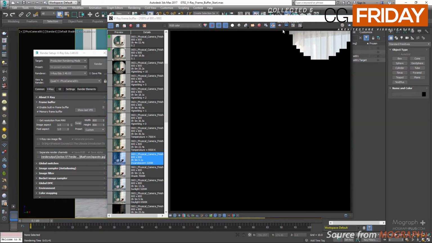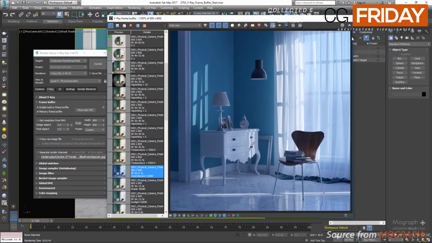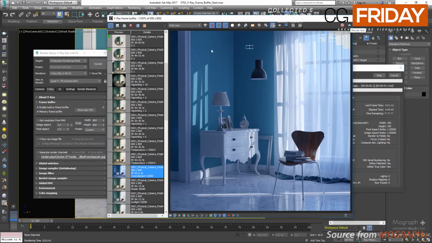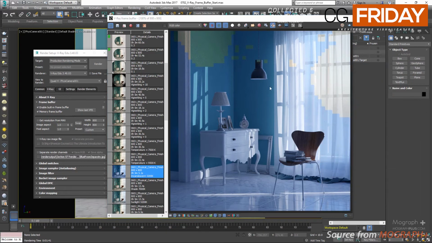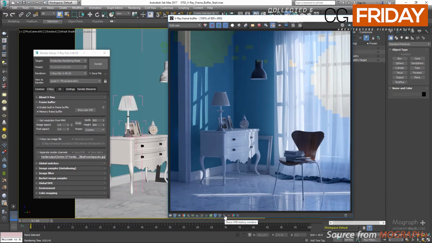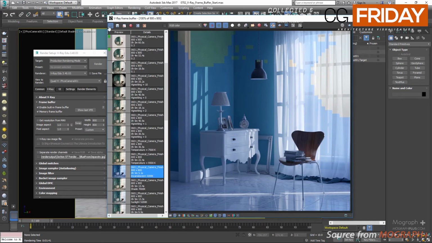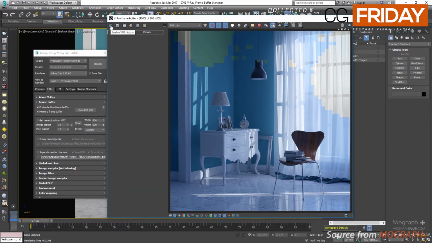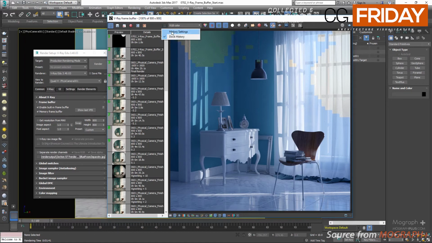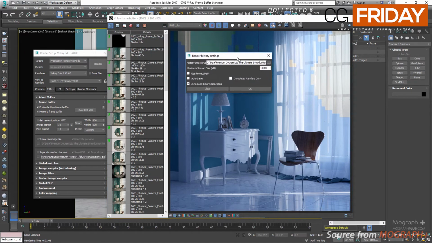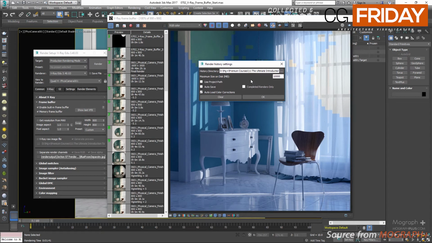The next thing I want to talk about is the history window, which you can enable using this show virtual frame buffer history window button. The V-Ray virtual frame buffer allows the user to keep a history of previously rendered images, which is extremely useful. First, you need to enable history using this button. On the right side, you have this menu, and if you click history settings, you can define where the images in the history list will be saved on your disk and also define a maximum size of the history images